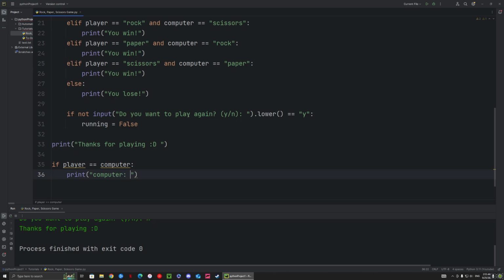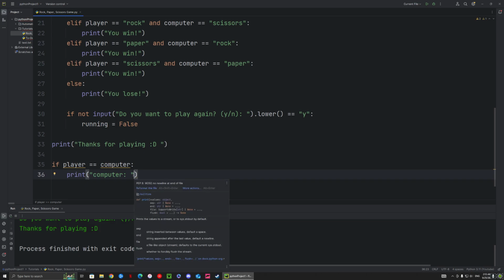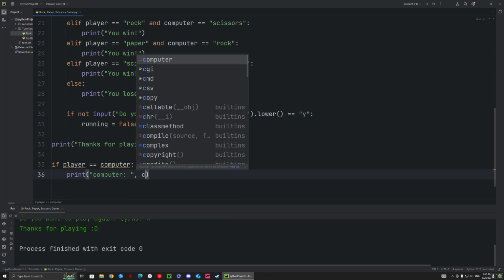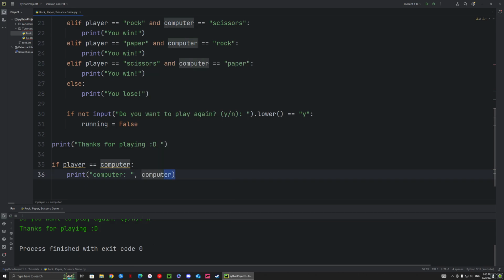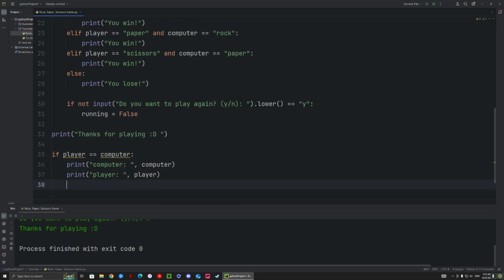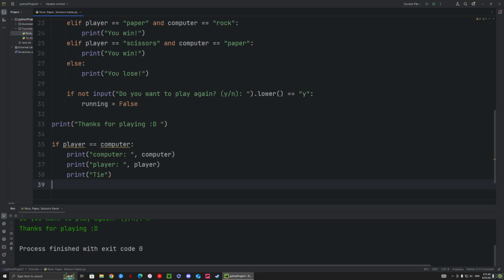I was gonna say computer picked, but we don't need to do that. And then we can say comma computer. And then we can do the same thing for player. And then we can say print tie. And then we can go ahead and say else if